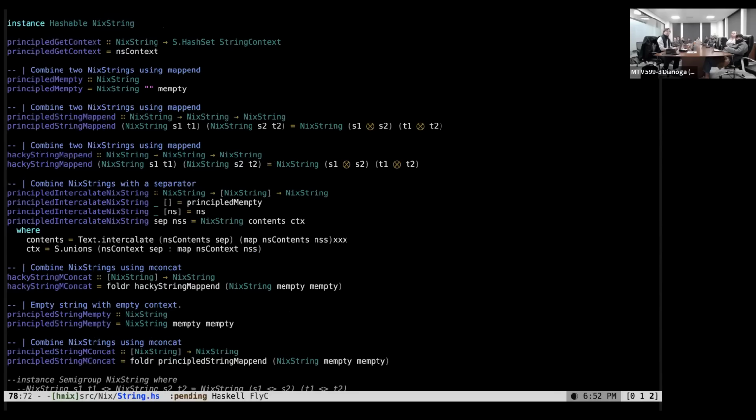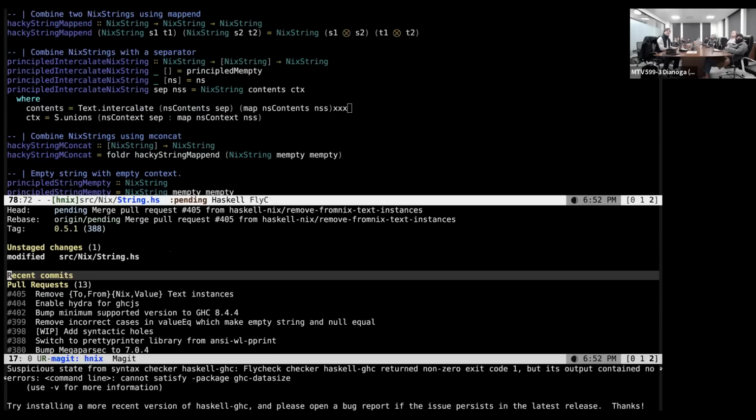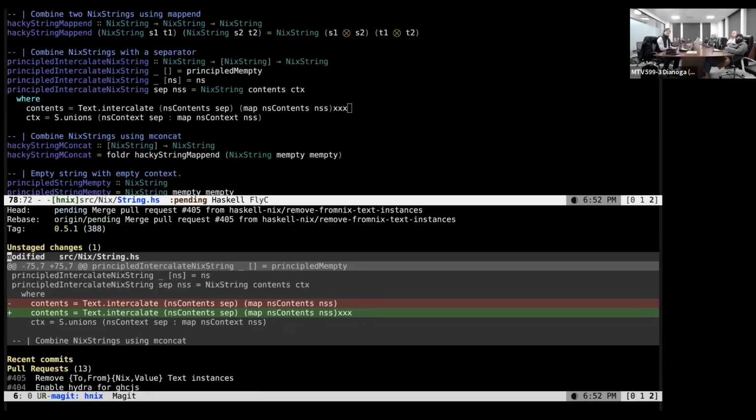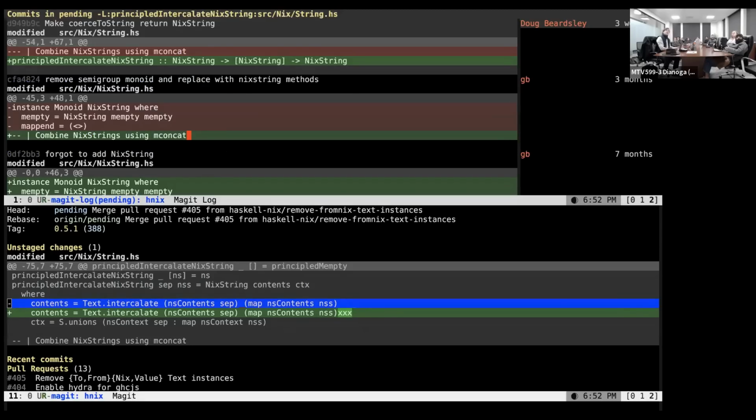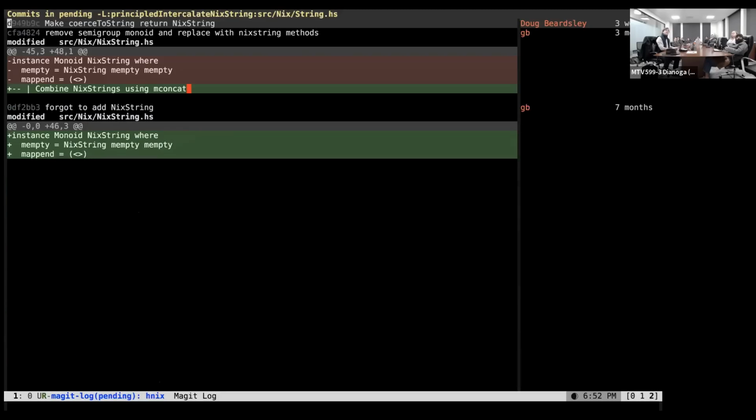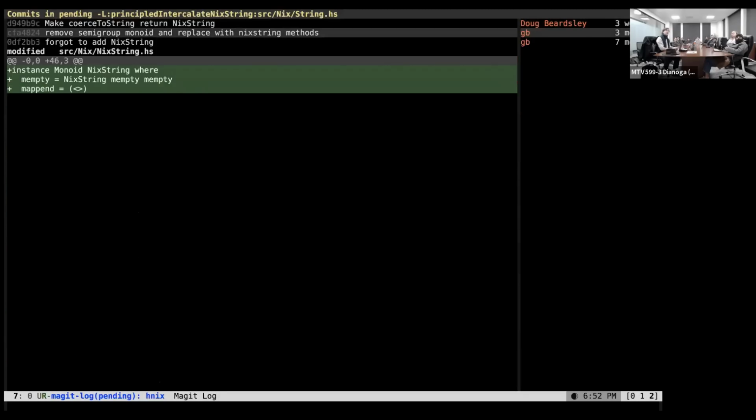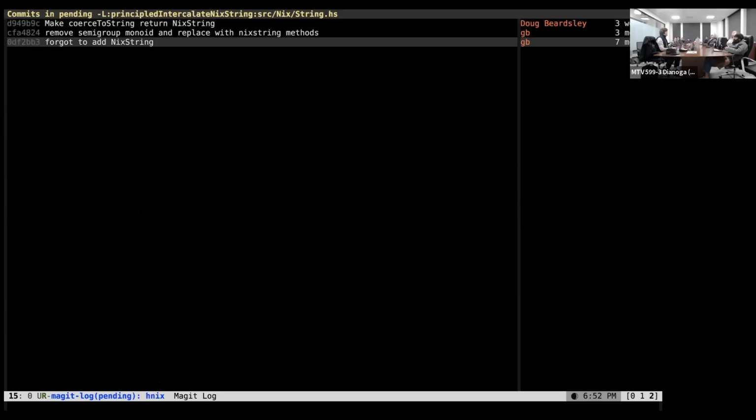Okay, so now I go to my buffer. I look at my modification, and I type Control-C, Control-T. And what I'll see up here is a history of all the commits that changed that definition. So I can very quickly be looking at the diff of a function and say, what have the changes to